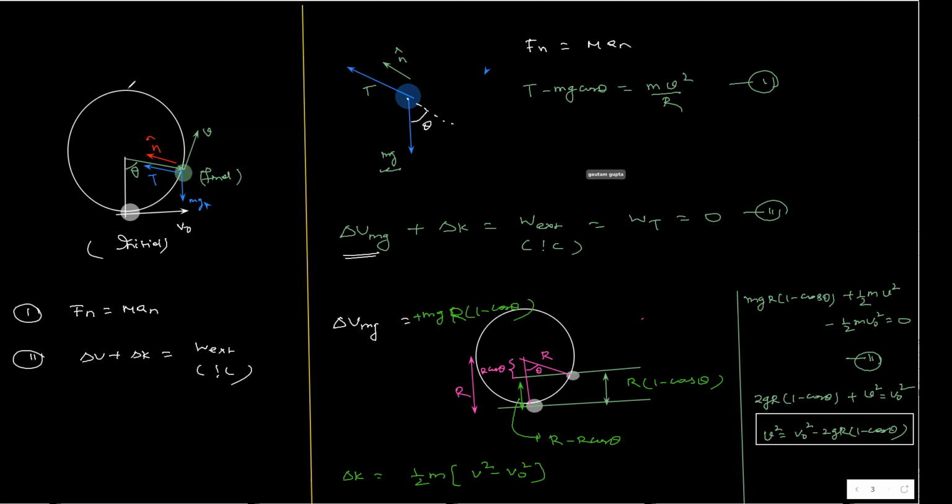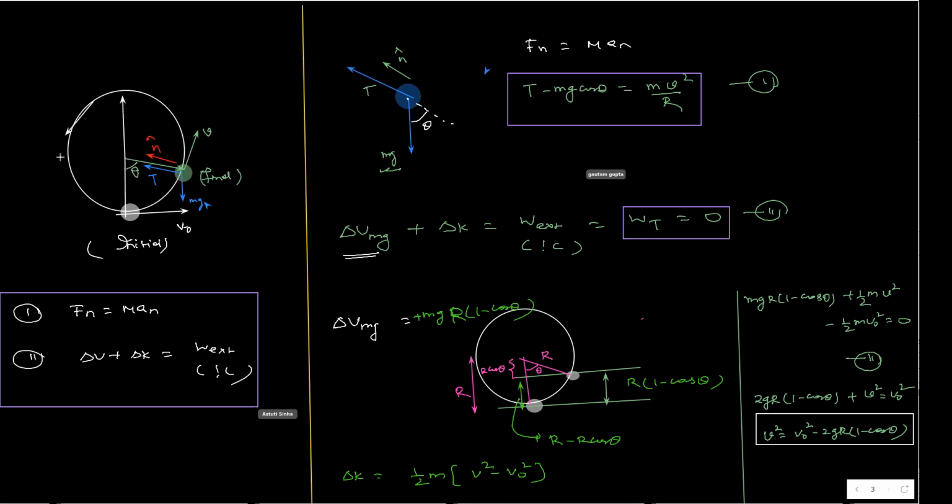At the highest point, you put theta equal to pi. So when the particle comes here, theta will become pi. From here to here, theta will be an obtuse angle. So theta will vary from 0 to pi by 2, then pi, then 3 pi by 2, then 2 pi, and again back. Wherever you want theta, you can put that theta value and you will get the velocity as a function of theta. Is that clear? So this is your important result.